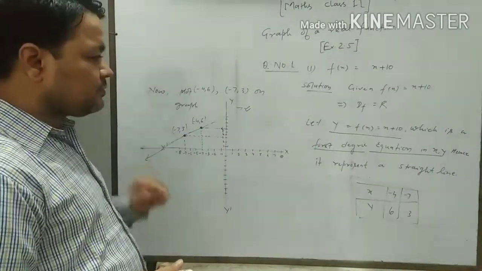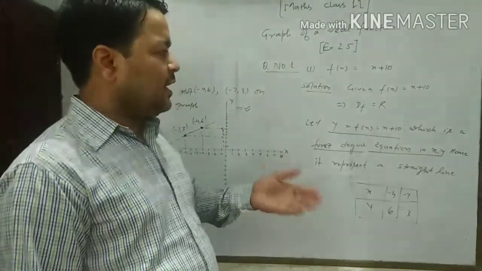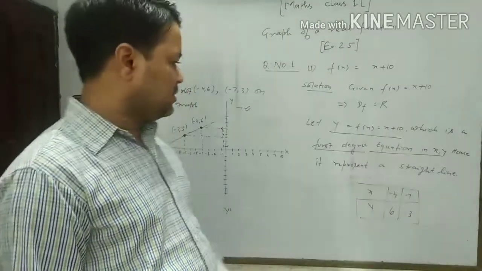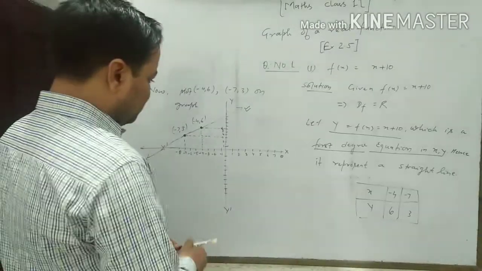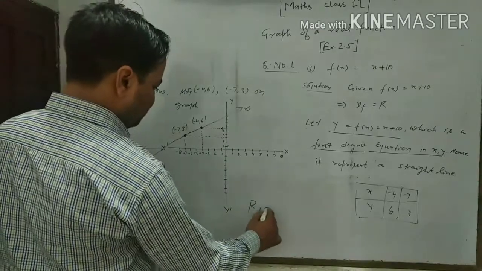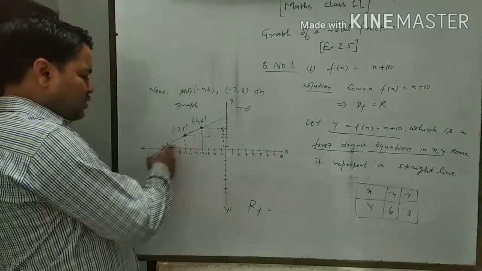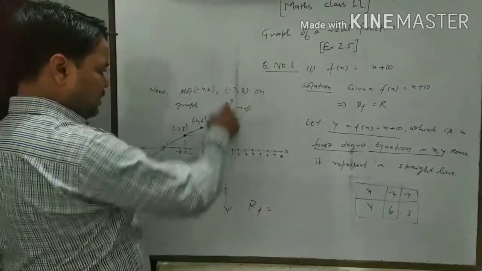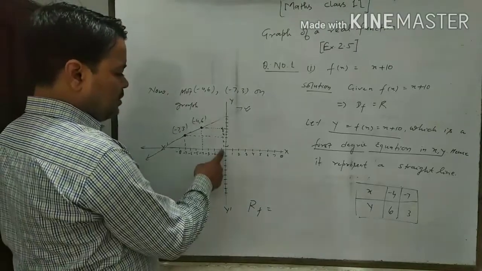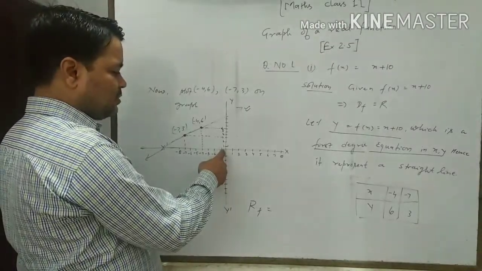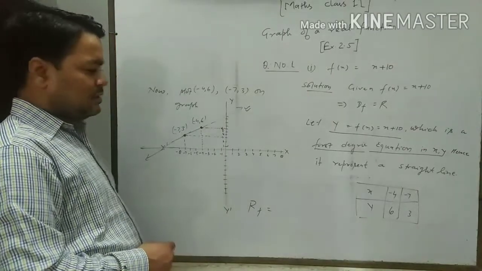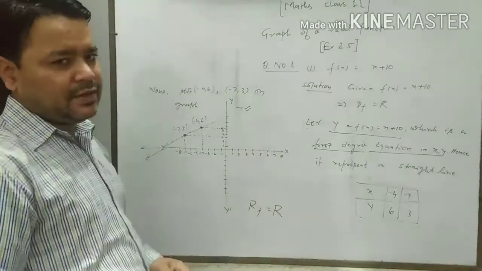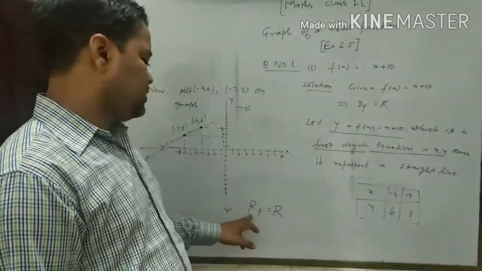Here we see that we can take any value of x, meaning the domain of the function will be the real numbers. And what is the range of the function? Here for each value of y we have some value. If we take the point -5, then we also have the corresponding value of y. Therefore the range of the function will also be the real numbers. The domain and the range of the function both will be real numbers.